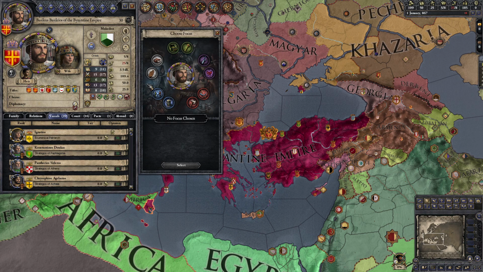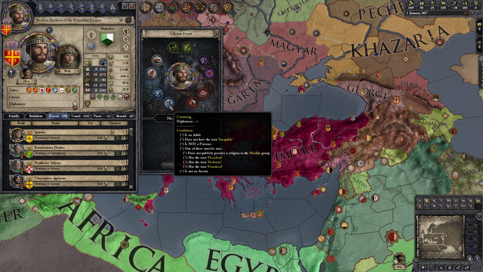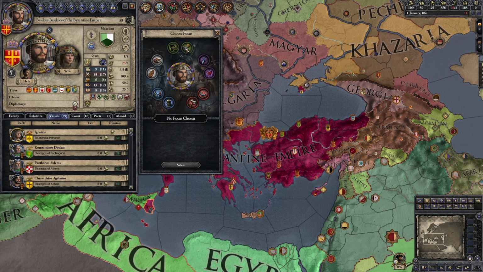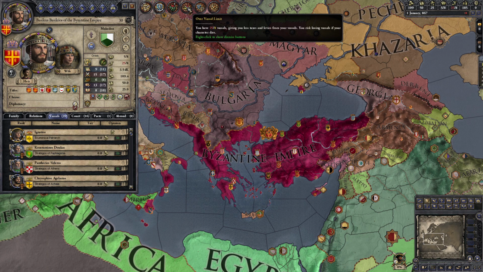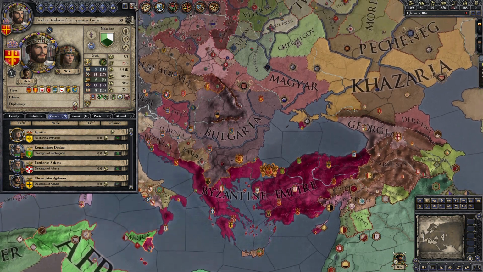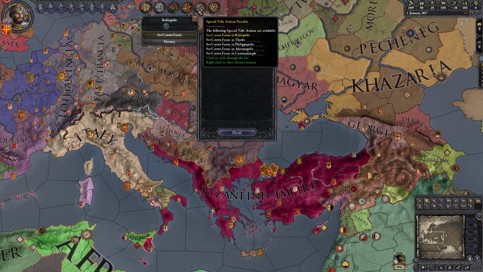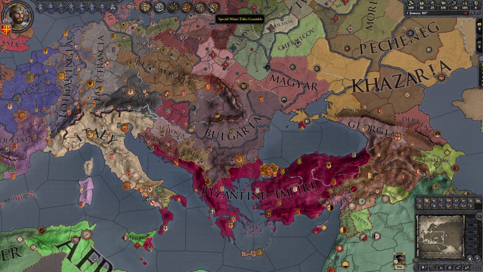Let's do that. And I do want to be a good ruler, but let's see what we are going to choose based on our stats. Let's go with rulership. I want to spend my time trying to govern well. Ducal claims over the vassal limit, giving you less taxes and levies. So we have to negotiate how we are going to do this.